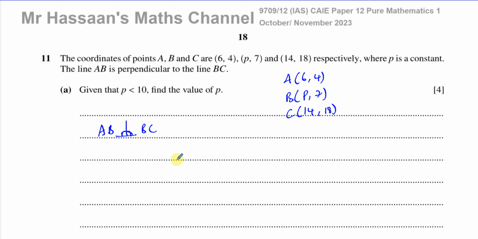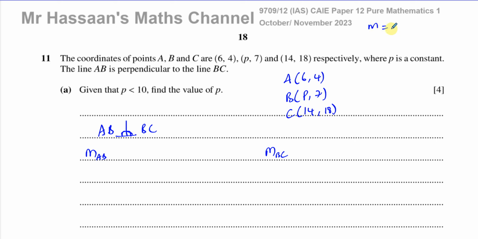So when we know that two lines are perpendicular, we can relate them together by the fact that their gradients are negative reciprocals of each other. So the key to answer this question is to first find the gradient of the line AB and also the gradient of the line BC. That's the key to answer this question. Now what we know is that